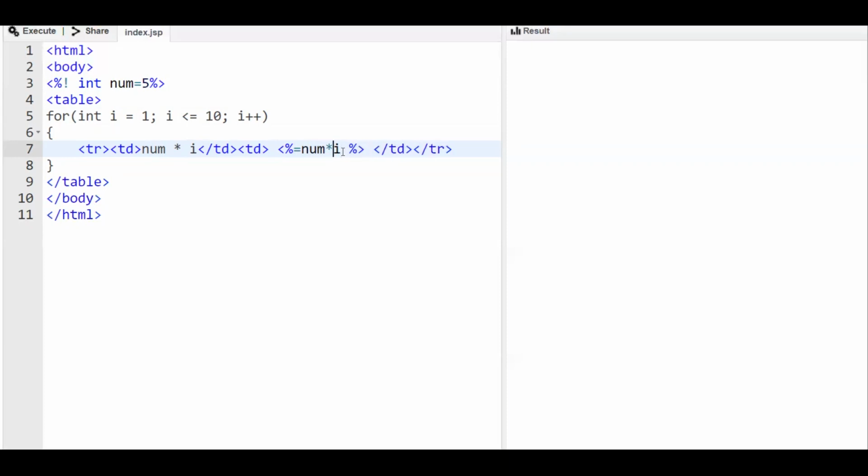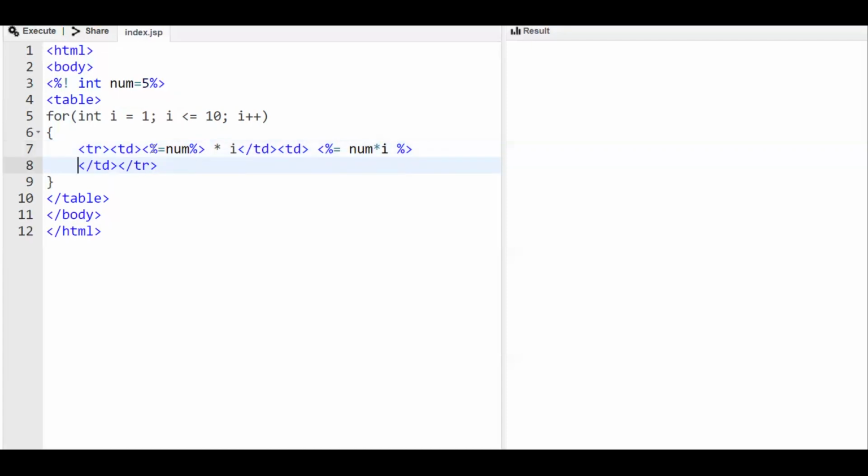So this is number star i. On the other side, this is just a value, so we have to put each one of them separately in an expression tag.